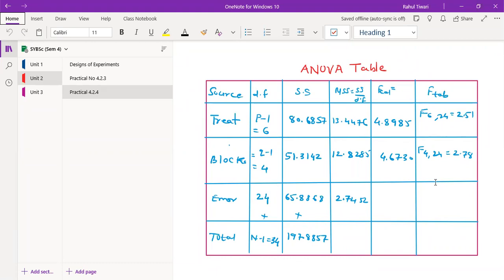Yes, sir. Are you getting the same answer? Yes, sir. So what was your conclusion? Sir, there is no significant difference between the effect of different levels of treatment and blocks. Okay. We are rejecting H naught. So that means that there is a